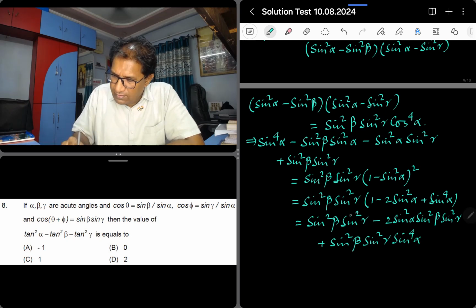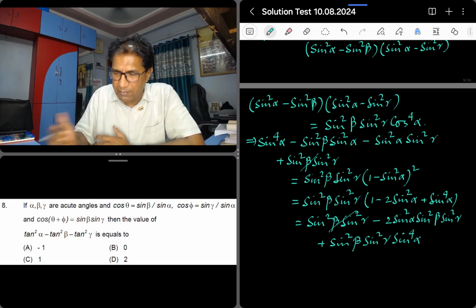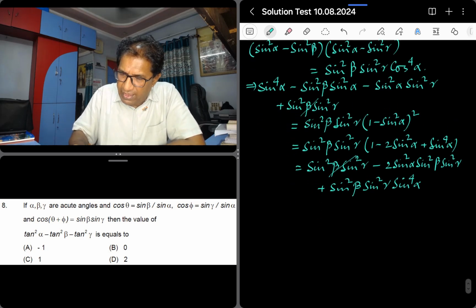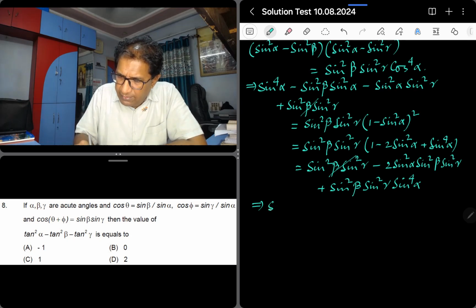sine square beta, sine square gamma. This goes off from both sides, and you can easily see that we are having sine square alpha common. So let me just cancel from both sides. So we are having sine square alpha. If I remove from both sides, that is, I am dividing both sides by sine square alpha, we are getting